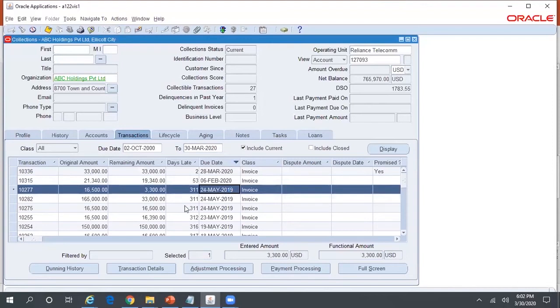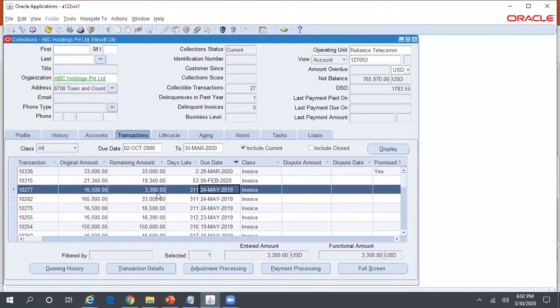You have 2 options. You can get into accounts receivable and you can create an adjustment. As soon as you create an adjustment transaction in accounts receivable module, automatically your remaining amount will decrease here. That is one option. Second option, you can create an adjustment here itself, and if the adjustment is already in approved status, automatically you can see the impact of this in the transaction workbench in here.